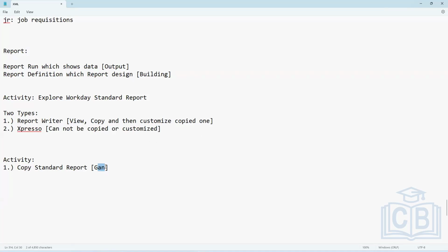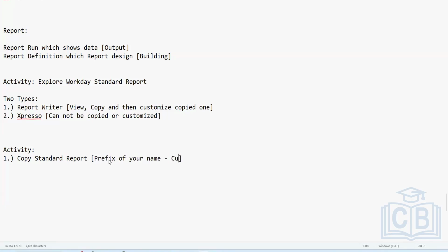So here your activity will be the prefix of your name and then the custom report name, or let's say the report name. You need to copy one of the standard reports, and you will be able to copy this only for the report writer type of delivered report. Espresso reports, anyway, you will not be able to copy. So just copy one standard report. Give your prefix as a name, and then whatever the report name is, so that you understand this report is created by you. The second activity will be